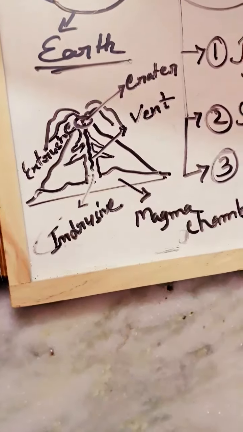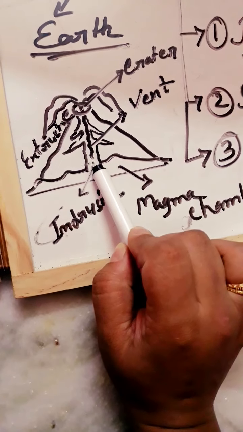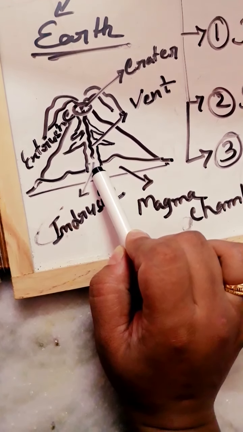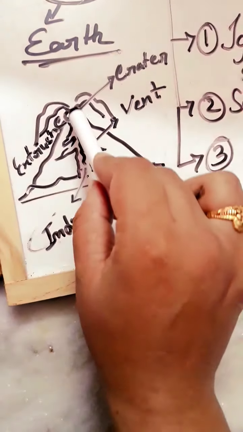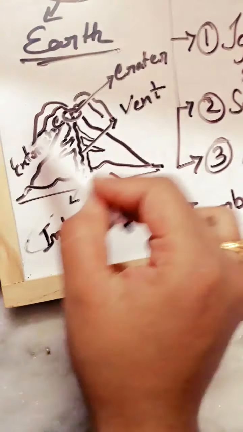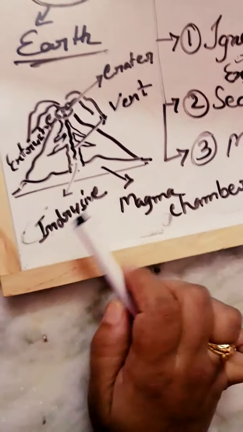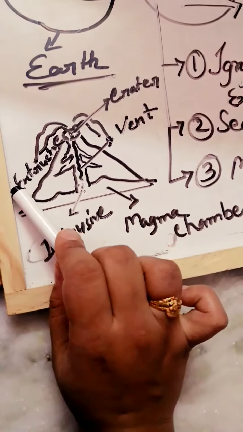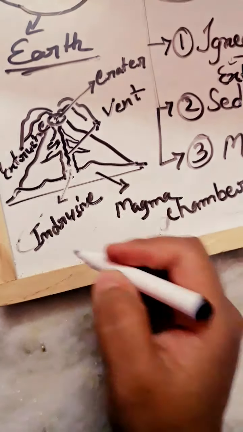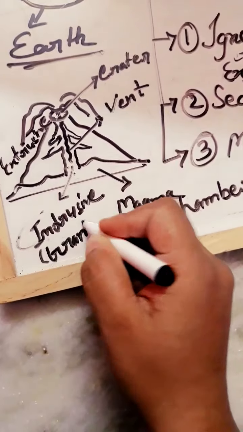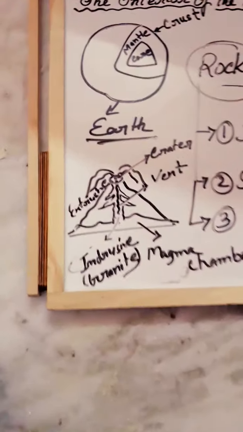So if it is a volcanic mountain, then we will notice that in this portion which is deep inside the volcanic mountain, intrusive rocks are formed. But if the magma goes out to the outer portion of the volcanic mountain, then it is known as extrusive rocks. The main example of the extrusive rock we can say basalt, and the example of intrusive rock, I think it is not written in your book, it will be granite. Okay, so it is igneous rocks.